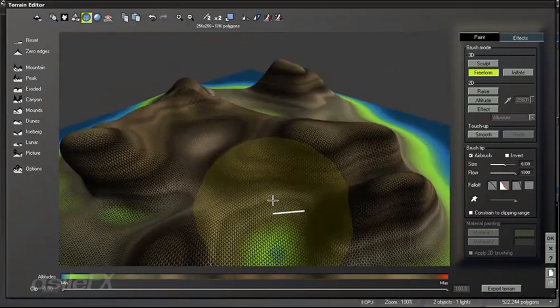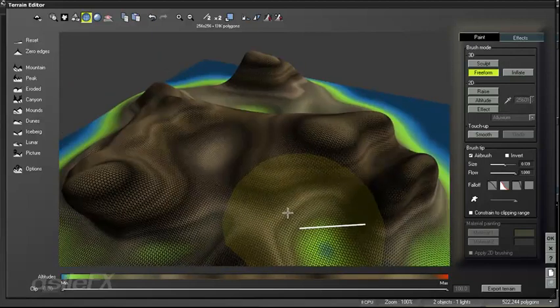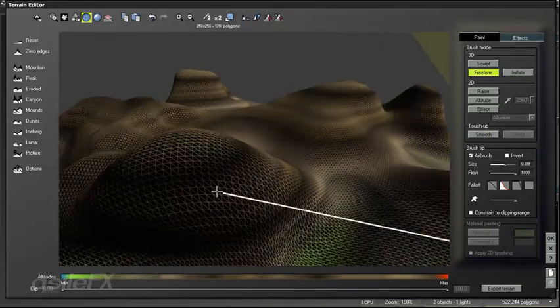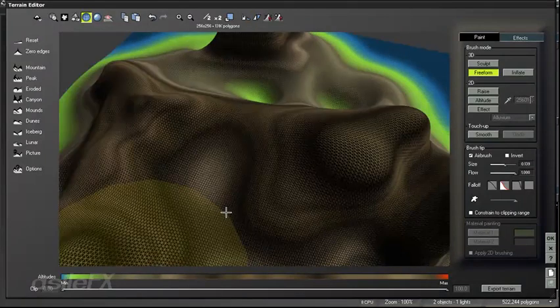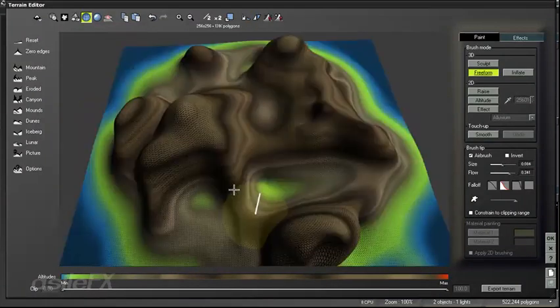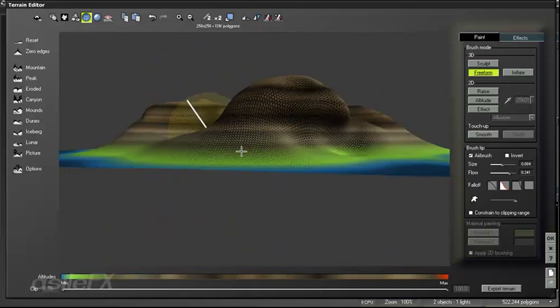So I'm going to go ahead and just make a slightly more interesting sculpt. Just remember the main thing is avoiding uneven polygons throughout the mesh. And I'm still working on this a little. I do want to mention